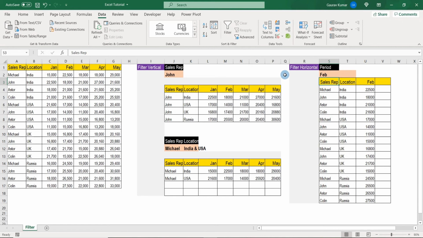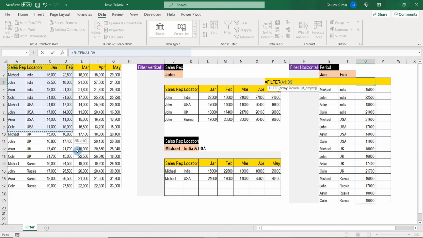Now, what if we want to see multiple columns based on the dynamic criteria? Let's say, for example, we want to see the data for January and February both. How will we apply the filter formula here? Start with filter, select your array, comma. Now we have two criteria. So start with a bracket, select all the columns, then specify your first criteria, that is January.